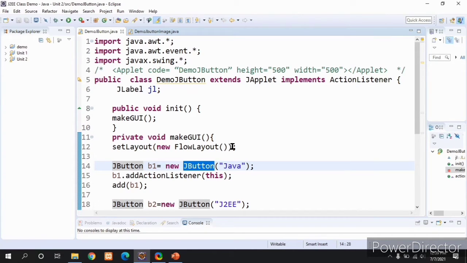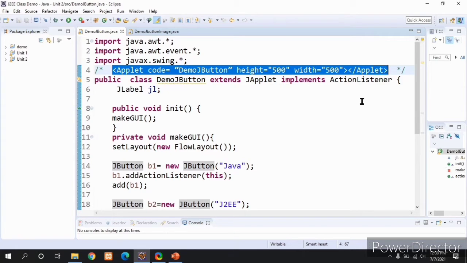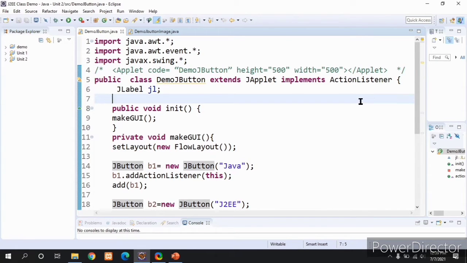I am writing an applet program, so I am writing this line of code here. Whichever class I pass here, when I execute the program, the applet viewer is going to pass that class. I am setting the height and width of the applet viewer here.